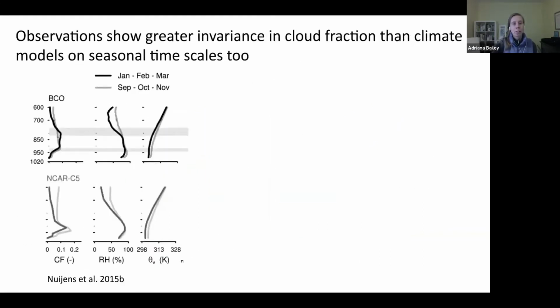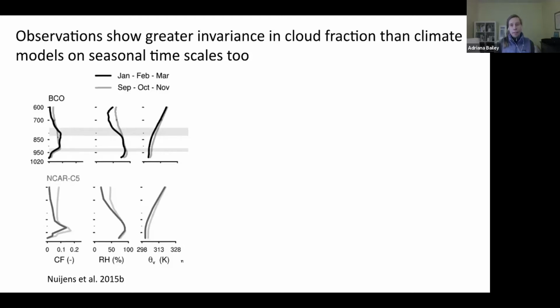Now we can also look at how the BCO observations compare with models on longer timescales. So this is also work by Louise and colleagues, and it's showing basically differences from left to right in cloud fraction, relative humidity, and the virtual potential temperature between these different months.